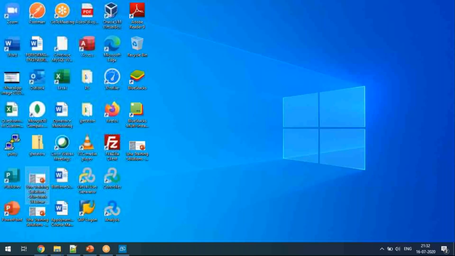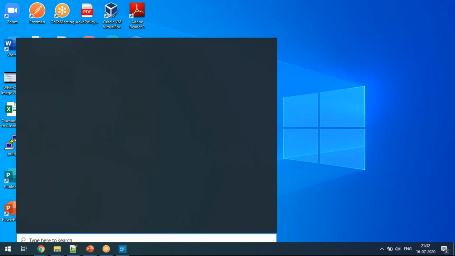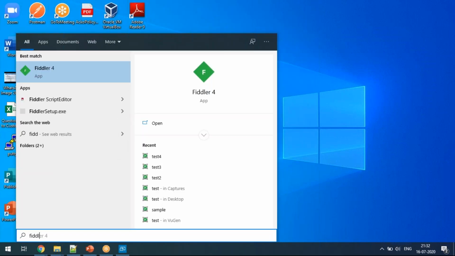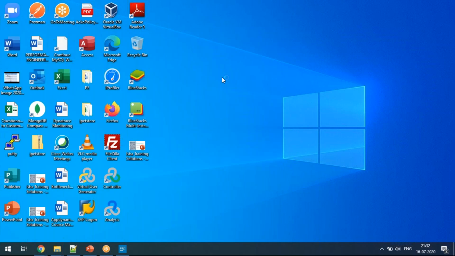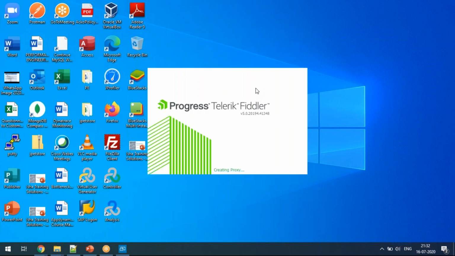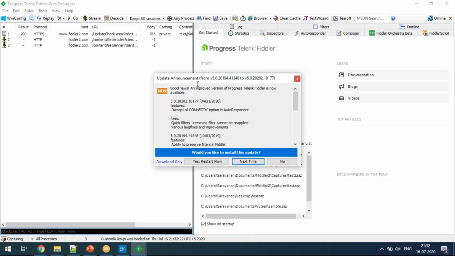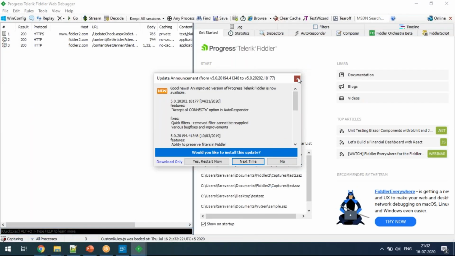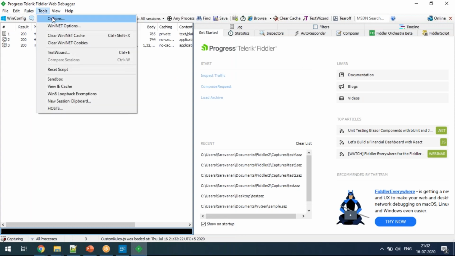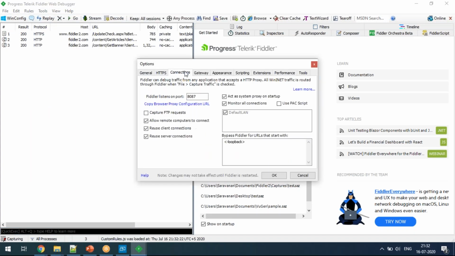As an example, for the demo purpose I am showing you Fiddler. But in the real session, we'll try to see JMeter, LoadRunner, all those things. There are configurations we need to do. I don't want to go to that level of detail now, but there is a port configuration that you have to do in Fiddler. Say this is a port number, and then you have to enable this one.